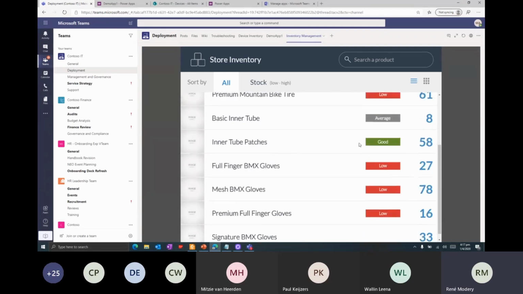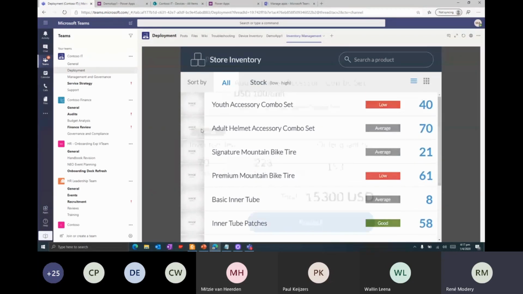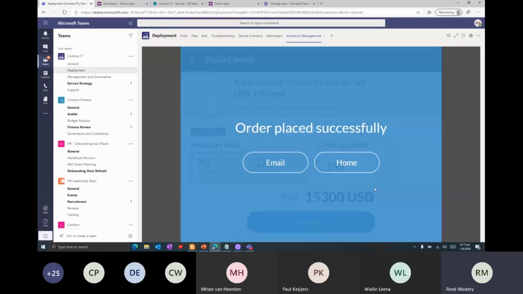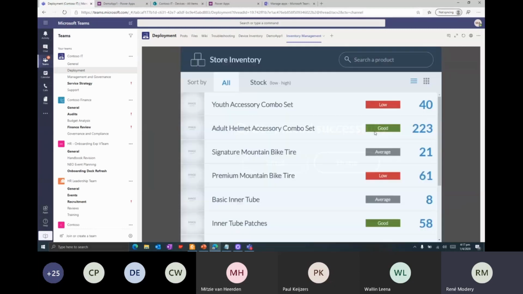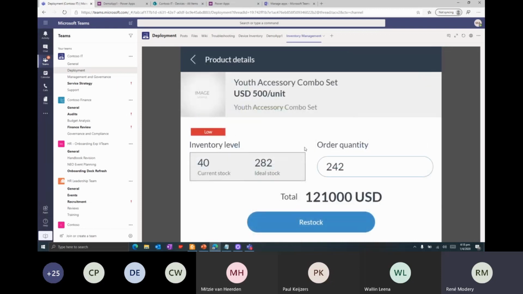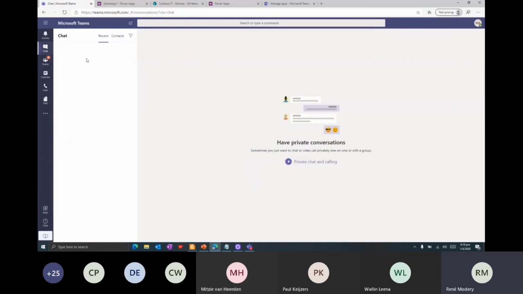Let me see what we've got. There's some data here coming through, very good. And I can look at it. So you can see I'm actually interacting with my app here right now. I can easily say I want to restock, I want to do things here directly in the app. Let's just say I now switch context. So what's happening if I'm in the app here, let me look at this. This one has got a low inventory level. I'm just going to talk to someone here, going to chat with,